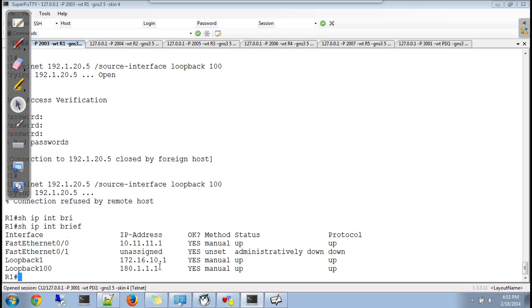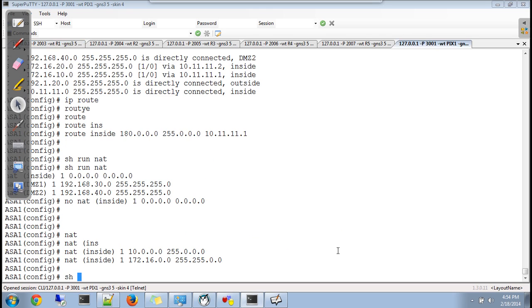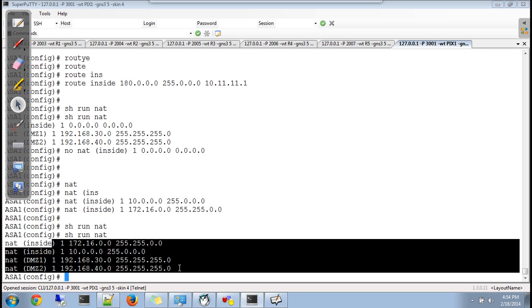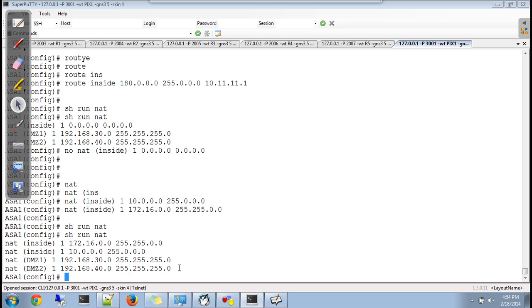on the firewall, which says only the NAT rule is required, right? When the NAT control feature is enabled, it says a NAT rule is required, and if you check the NAT rules, there is no NAT rule for network 180. This means 180 cannot go out, even though it has a public address, still it is not able to come.